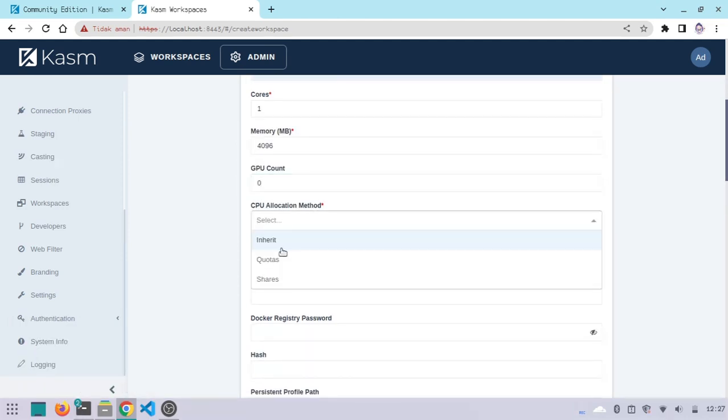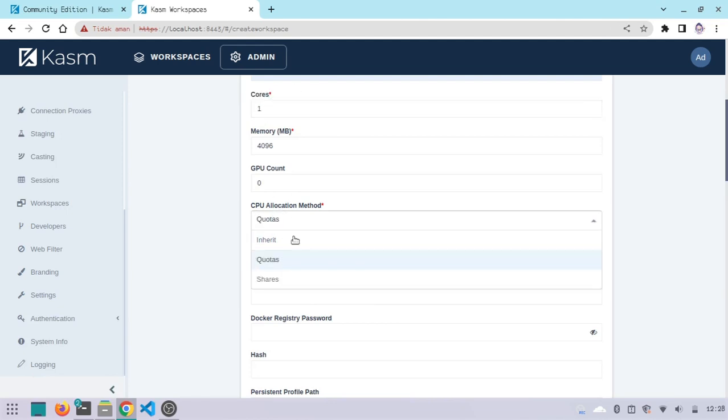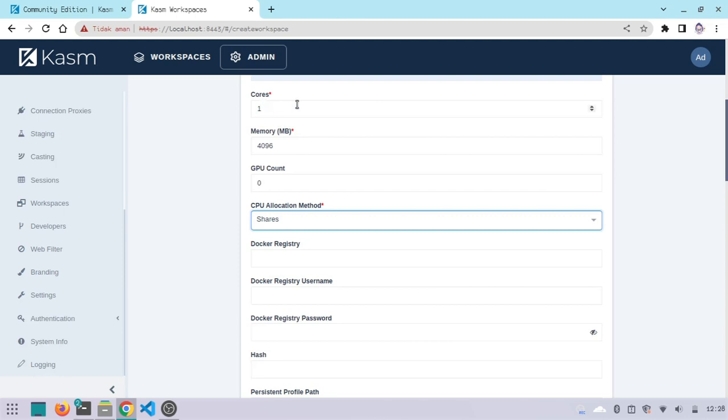The CPU allocation method is set to inherit, which means the CPU usage is mostly not limited by the specified cores value right here, and you can choose quotas and shares if you want to restrict the workspaces to a specified